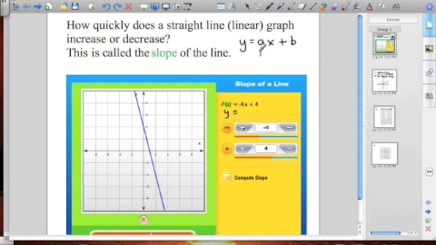Now we're trying to figure out what this number is. This is called the rate of change or the slope. So if we want to determine the equation of a line from a graph, we have to figure out the slope. So if you take a look at the slope here, this line, watch what happens as I change this number